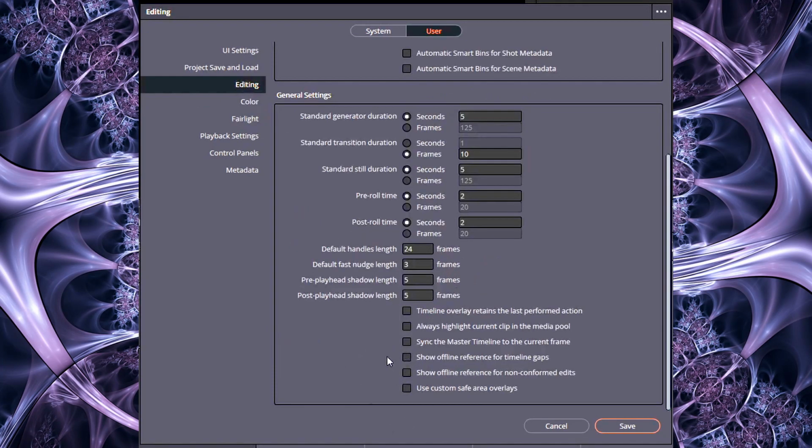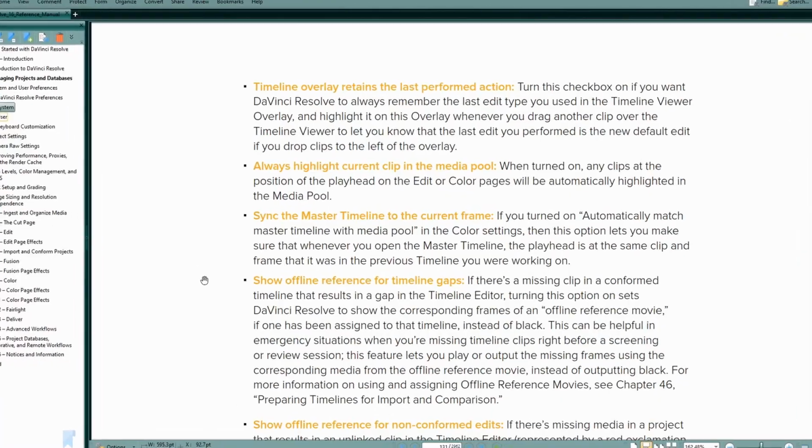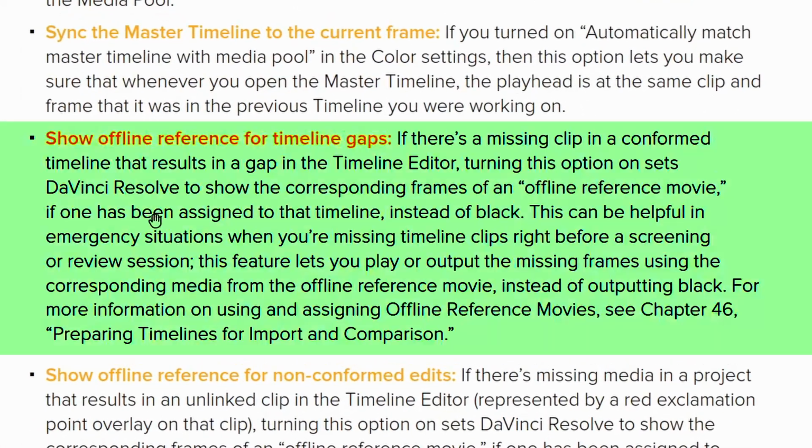Show offline reference for timeline gaps. If there's a missing clip in a conformed timeline that results in a gap in the timeline editor, turning this option on sets DaVinci Resolve to show the corresponding frames of an offline reference movie, if one has been assigned to that timeline, instead of black. This can be helpful in emergency situations when you're missing timeline clips right before a screening or review session. This feature lets you play or output the missing frames using the corresponding media from the offline reference movie instead